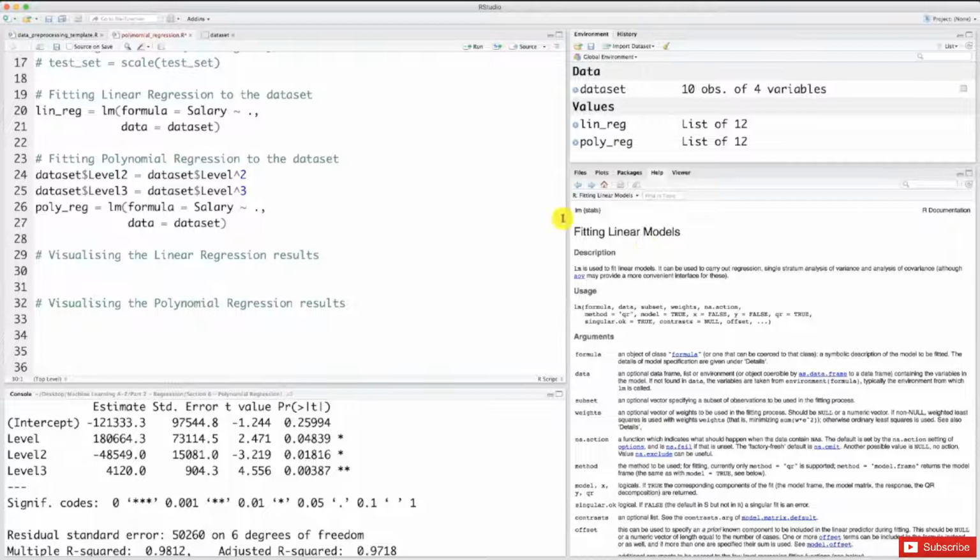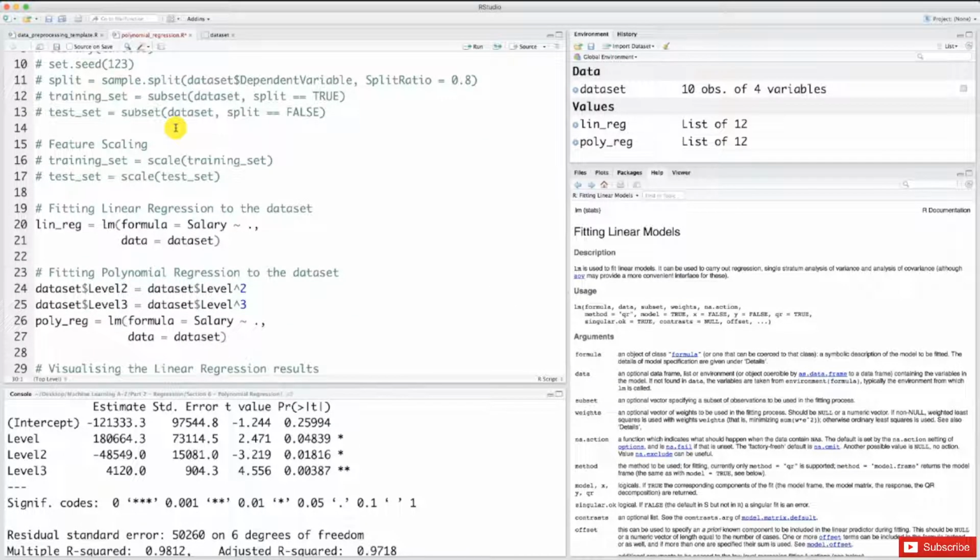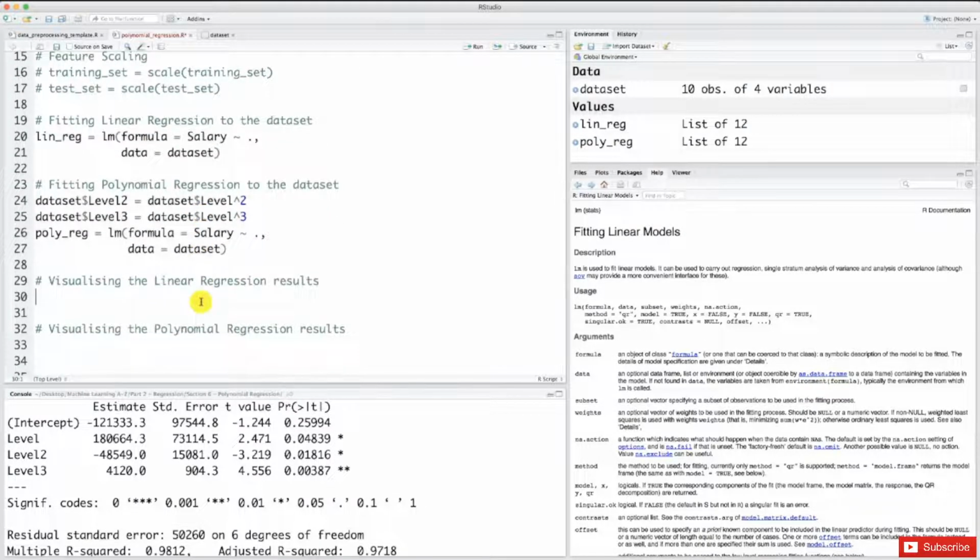So in the previous tutorials we made our first two steps of building our polynomial regression model, which were to pre-process the data, and actually that was really simple because we just needed to import the dataset and select the columns of interest. And then we fitted two models to our dataset, the linear regression model and the polynomial regression model. So we built the linear regression model as a reference of comparison of the polynomial regression model that we also built. And speaking of comparison, in this tutorial we are going to visualize the graphic results of these two